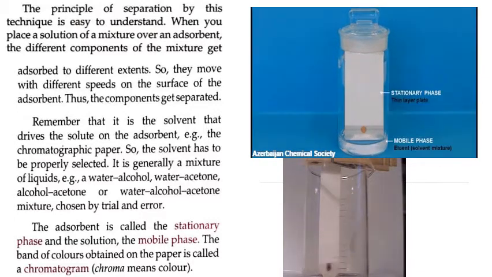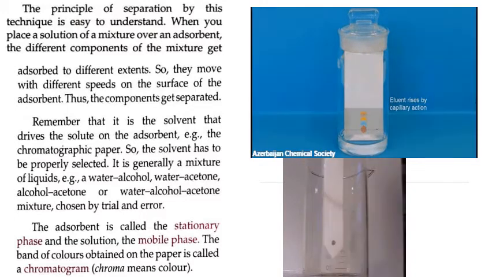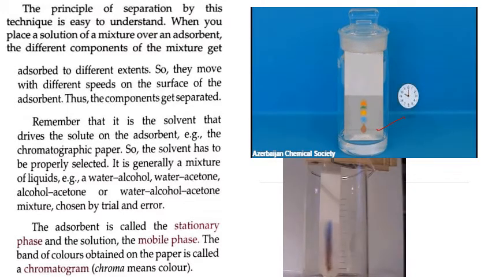What is it saying? So what is happening in this process is, firstly you take leaves of a particular plant, right? So maybe the leaves are of 2-3 colors. You take that leaf and you put a solvent in it and you mash it properly. So a kind of a little bit solid-liquid thing is there. You take that drop and you put it on this chromatographic paper. This dot that is shown over here is the same dot which you have taken from that plant or pigments of that plant. All right, so this is having different colors in it. These will be adsorbed on this paper in different amounts, right?